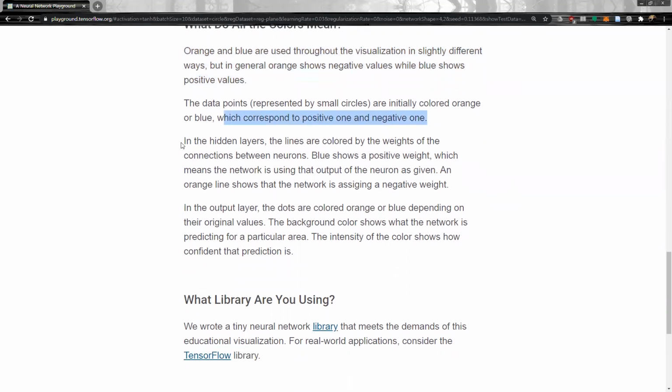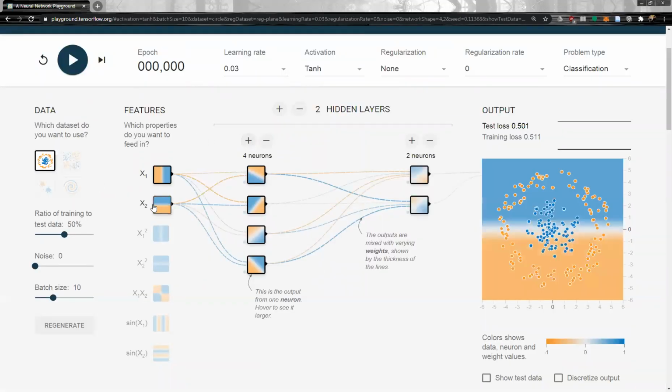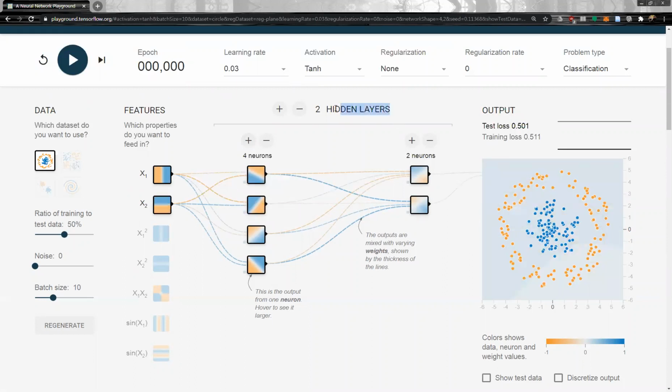Okay. In the hidden layers, so here, okay, so they are features. We have input variables, and then we have hidden layers, and we have output. So we have hidden layers. Here we have two hidden layers. So hidden layer one and hidden layer two. So this hidden layer has four neurons, and this hidden layer has two neurons. Yeah, this is good. This is good. And then,